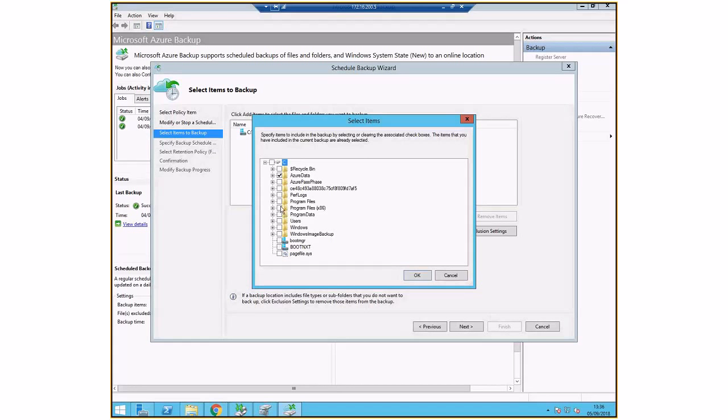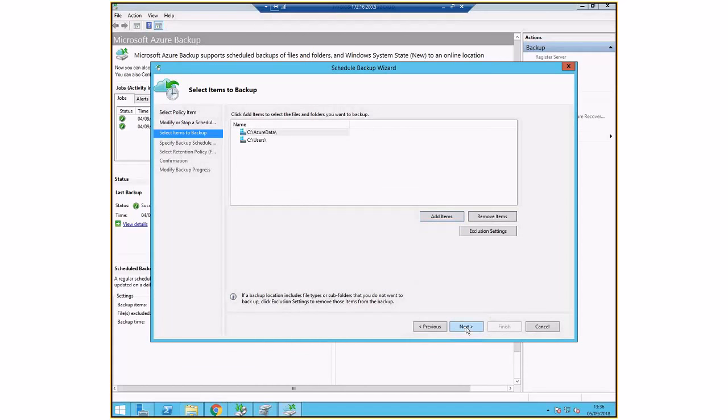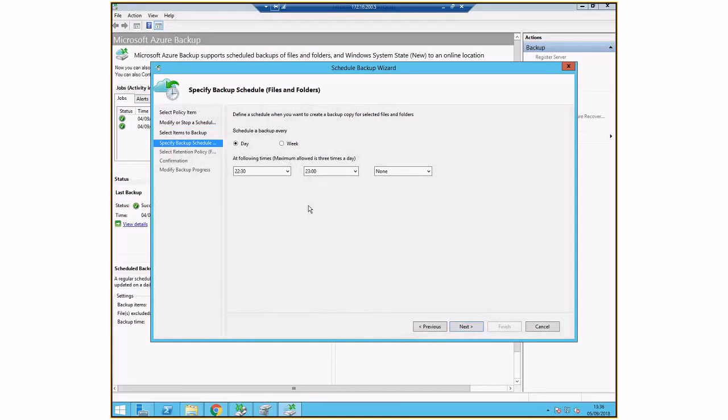Guys, whatever options I'm seeing here are available thanks to the agent. I did the installation yesterday or at some stage. If I'm looking to back up maybe the whole users folder, I just select it and click OK. Now go to next. Here is the place where I set whether it's a weekly backup or a daily backup. I want a daily backup. And if things are taking too long, I could set a deadline: I'm starting at 10 in the evening, and if it's not completed by 11, then I want to abort.